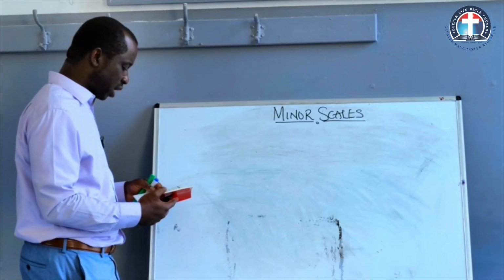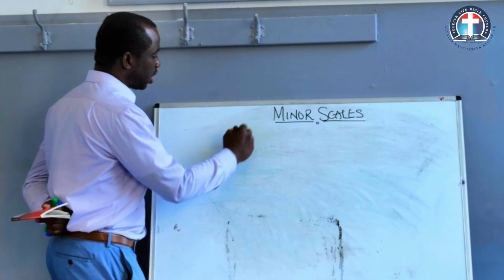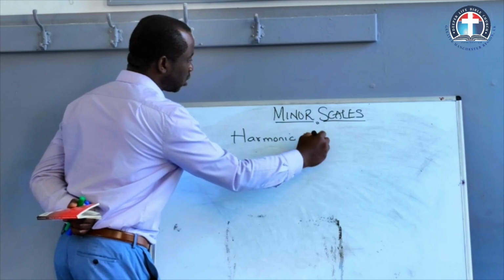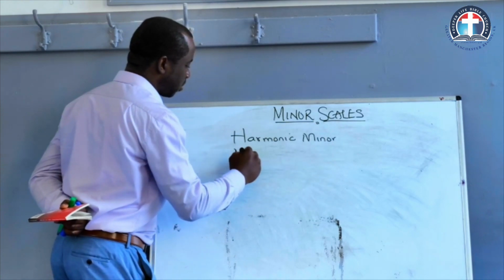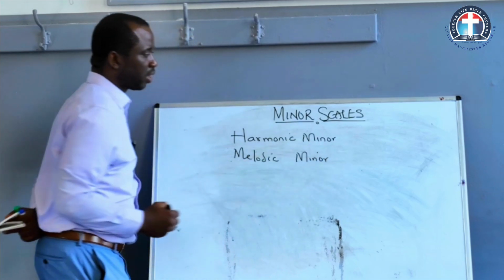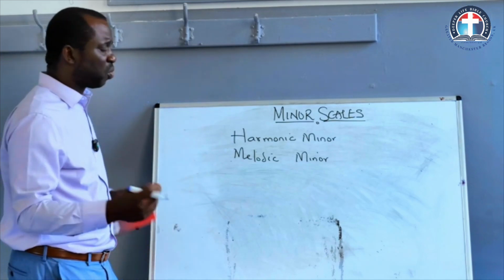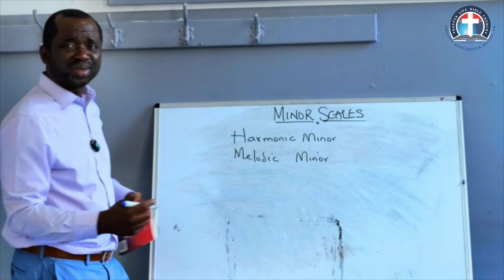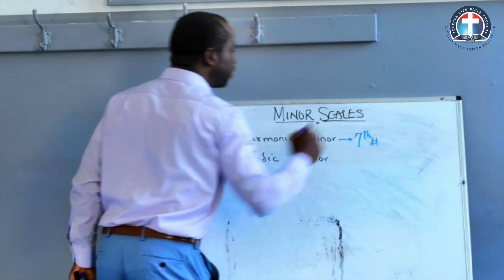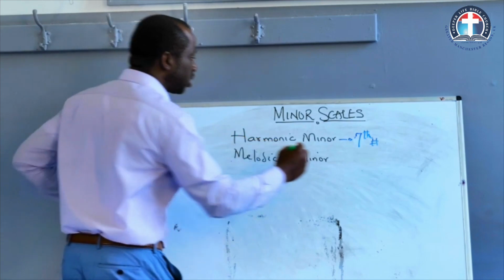But there are two minor scales we are going to look at. We're going to look at harmonic minor and melodic minor. Harmonic and melodic minor. Before I look into specifics, what do you need to know about harmonic and melodic minor? It's very simple. Here, the seventh note is sharpened. Okay? For melodic,